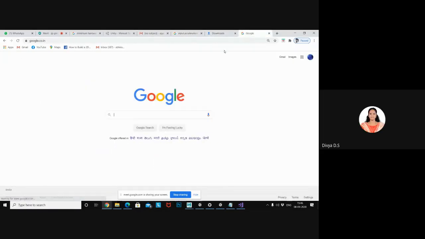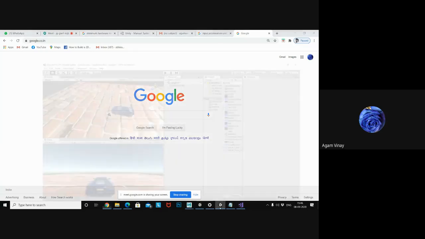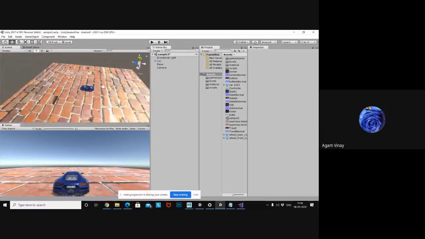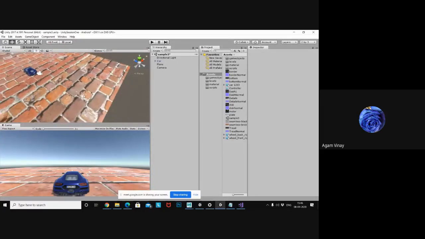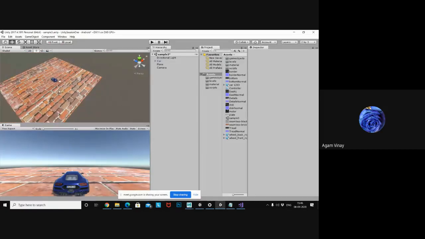Sir, is Vuforia useful in AR, or can it be used in both? Vuforia is for AR. That is also one game engine, the Vuforia engine we can say. It is mainly used for Unity integration with AR. So using the Vuforia SDK, how we can project the AR project, how we can show the AR APKs. Tomorrow we'll discuss Vuforia and how to create the project, and how we can use AR kind of stuff.